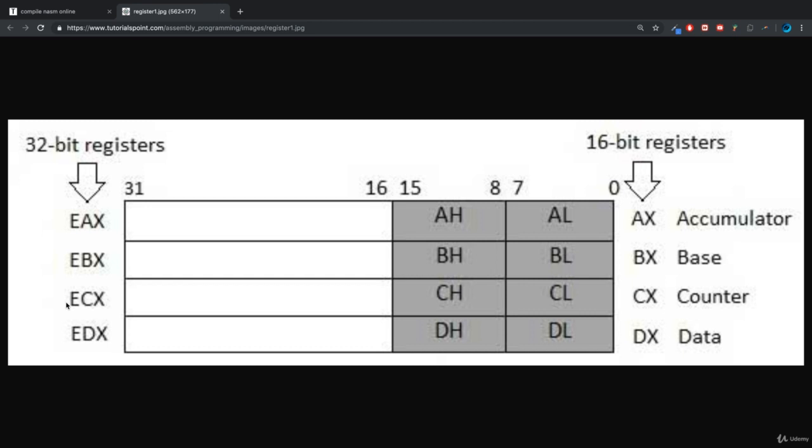You know, it stores the count almost like the index. And DX, the final one, is known as the data register, and it can also be used for input and output, and it can also be used with the accumulator register for multiply and divide operations that involve large values. So if you need to have larger values, then one of the 32-bit registers can handle